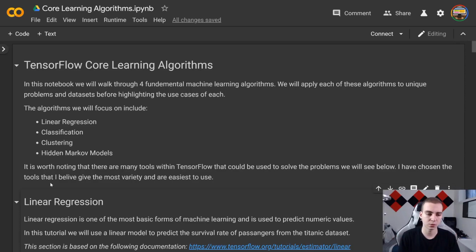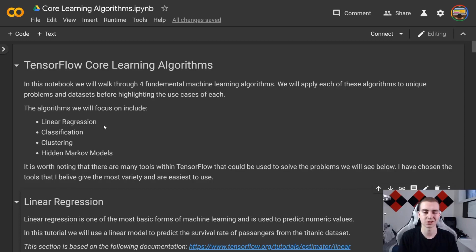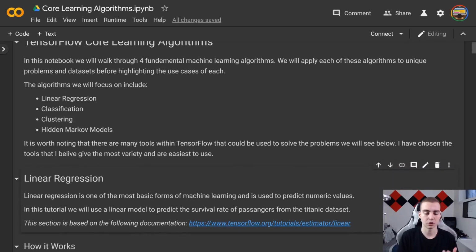Now, the first one we're going to go through is linear regression, but we will cover classification, clustering, and hidden Markov models. And those are kind of going to give us a good spread of the different core algorithms. Now, there is a ton, like thousands of different machine learning algorithms. These are kind of the main categories that you'll cover, but within these categories, there are more specific algorithms that you can get into. I just feel like I need to mention that because I know a lot of you will have maybe seen some different ways of doing things, and this course might show you a different perspective on that. So let me just quickly talk about how I'm going to go through this.